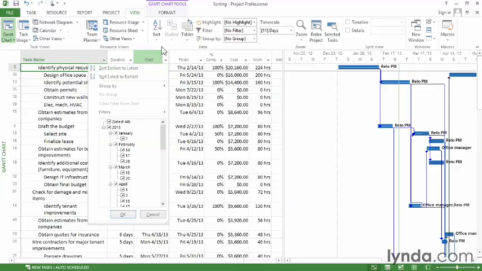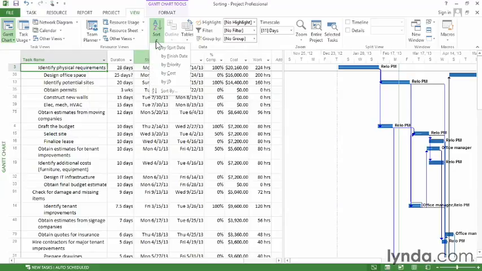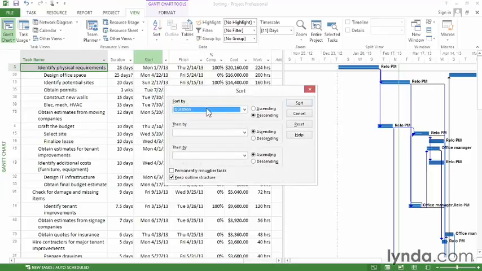You can also sort by more than one criteria, in fact up to 3. So to do that, click the down arrow on the Sort button and choose Sort By. Now we already have the Sort by Duration in place, but let's say we want to add another level. In this case, duration is descending, so we've got the longest durations,